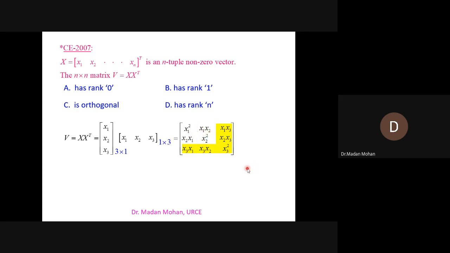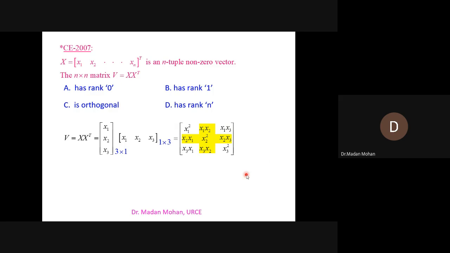Look, I do one thing. I am closing this and this. Now AD minus BC: x1 square, x2, x3 minus the product of x1 square, x2, x3. By symmetry you can observe it is also 0. Now I do one thing, I am taking the 4 corners. AD is x1 square, x3 square, minus the product of these. That is also 0. Means all